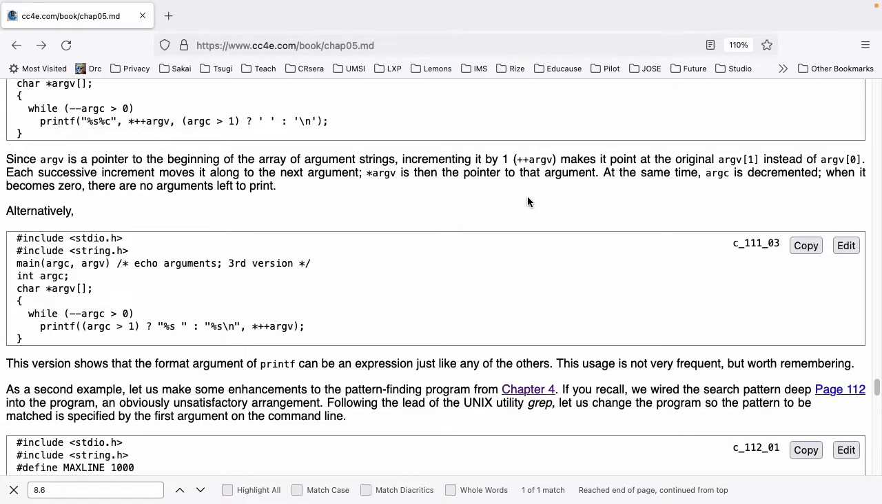Another version, the third version on page 111 of the textbook. #include <stdio.h> #include <string.h> main(argc, argv) int argc; char *argv[]; { while (--argc > 0) printf((argc > 1) ? "%s " : "%s\n", *++argv); }